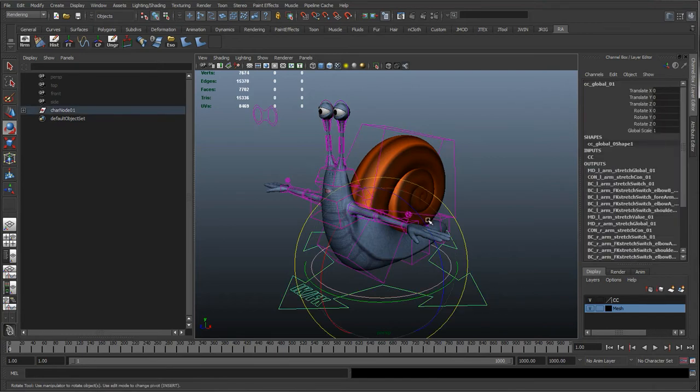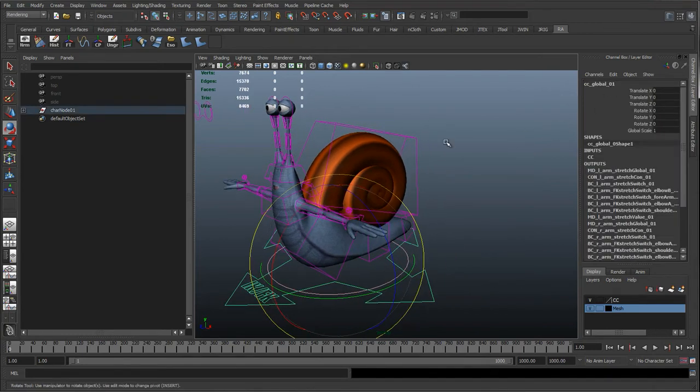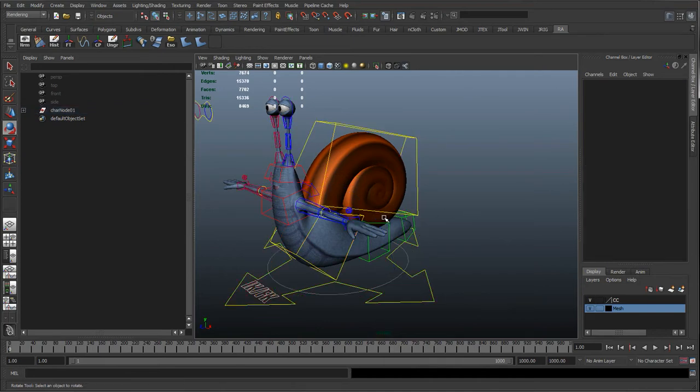The only thing you don't want to do is rename these, because all it does is take the animation keys and assign them to the names of the curves. So if I rename this, that's when it does get confused, because it won't be able to find this object. So it won't be able to apply the global control animation to the global control of the rig.